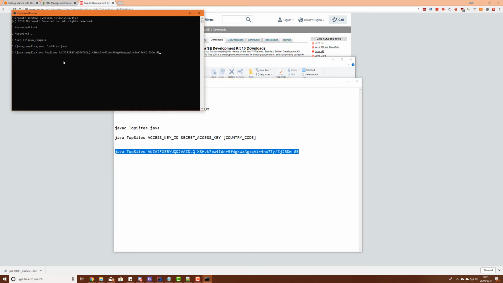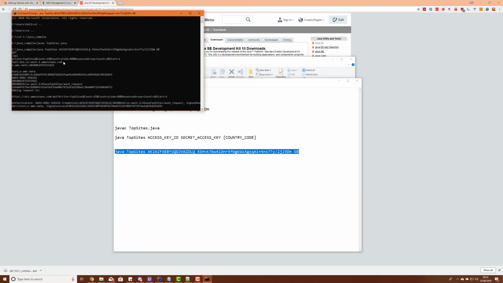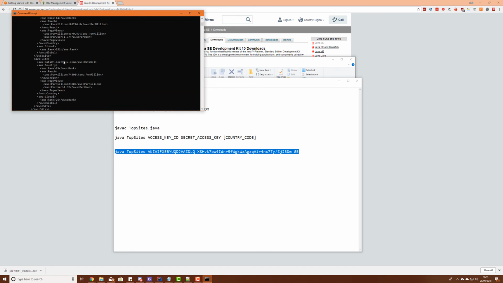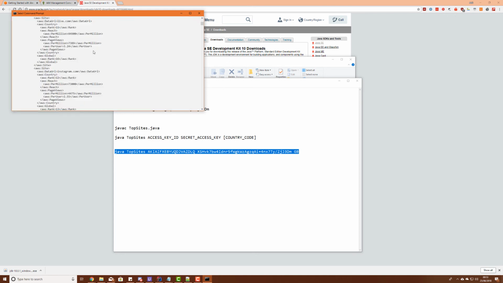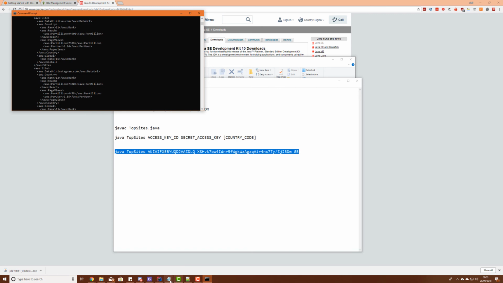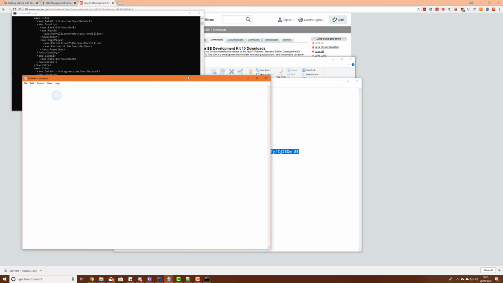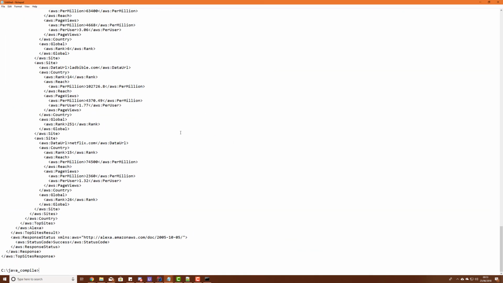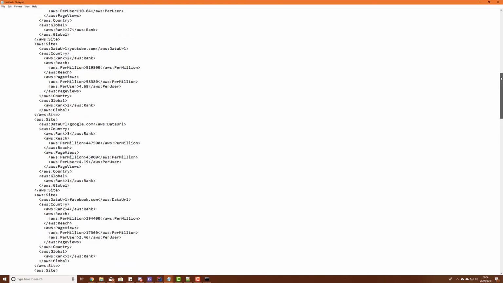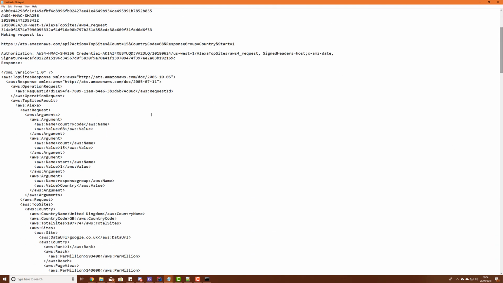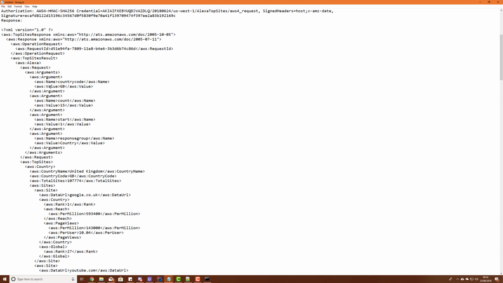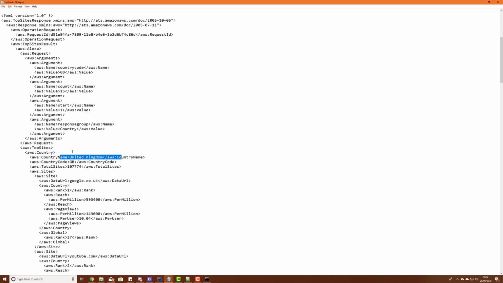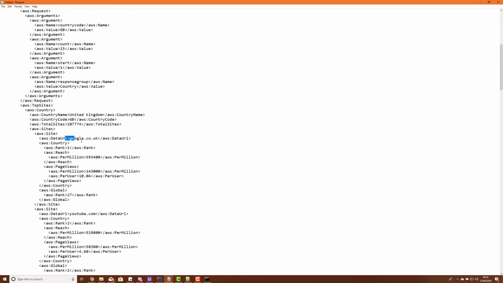and just enter all of that in the command prompt, press enter, and you should get something like this in an XML format. So all I'm going to do is just copy it. So Control A, Control C, copied, open a new notepad, paste it, and you'll see something like this. Now if you look through it and it says country code GB or country name United Kingdom, it means it's specific to that country. So rank 1 google.co.uk,